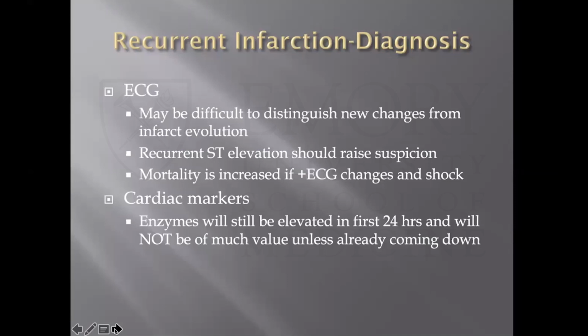Cardiac markers. Back in the old days when I would come in on call on a horse-drawn carriage, we would really evaluate cardiac markers in serial fashion. It's questionable whether this gives you a lot of benefit, because these are going to be elevated for that first 24 hours. Now, unless they were already coming down and you actually track this trend, it's probably not going to help you too much. I mean, you can get them, and I'm a big fan of following the troponin over time, just so you know that you're on that downward slope of the MI, but in the acute triage setting, it's probably not going to give you too much.